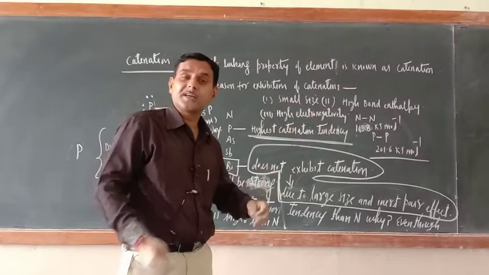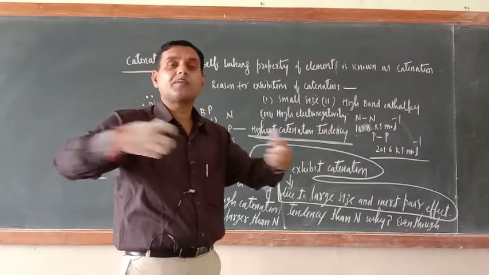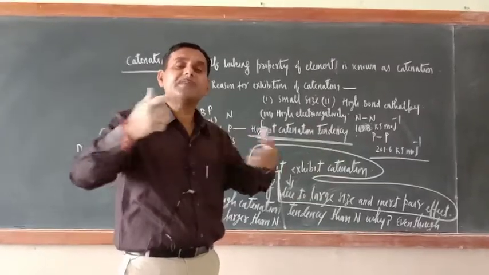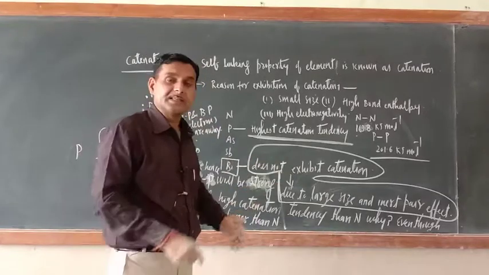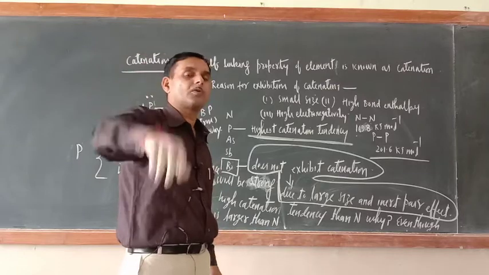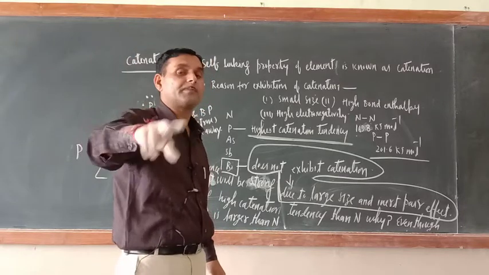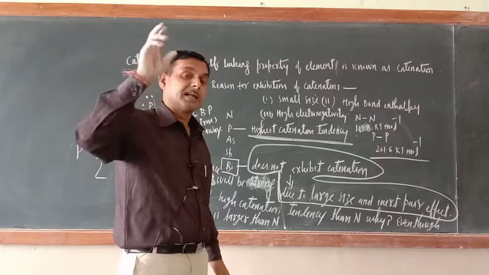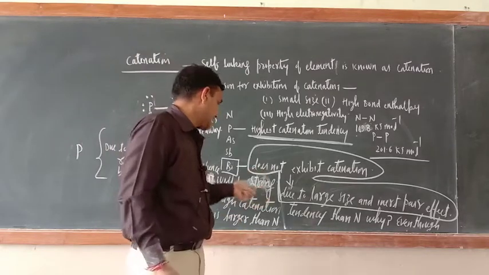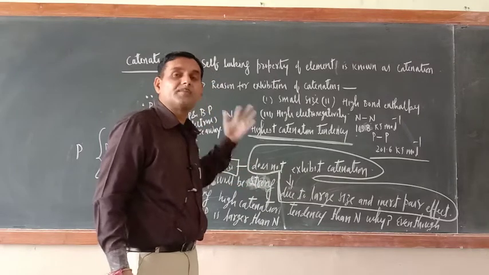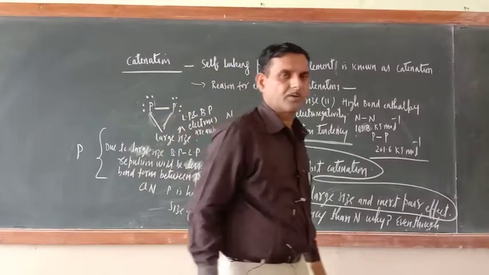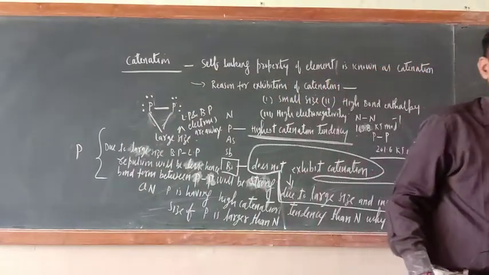Then what is there? If size is large, then the bond which is formed between bismuth and bismuth will be weak. Moreover to this, bismuth basically forms ionic bond, it will not form the covalent bond. Catenation is shown by those elements which form the covalent bond. Catenation is not shown by those elements which form the ionic bond. Here bismuth will form the ionic bond, that is why catenation is not shown by this one. Okay, thank you. That's all for today's.